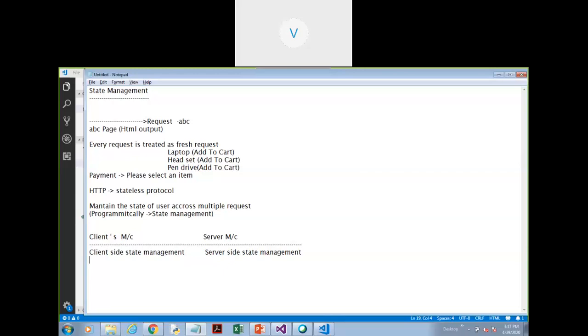So if we go for client-side state management, what will be the benefit? The server will not have an overload. There is no load on the server. This is the plus point. So the plus point about client-side state management is there is no load on the server.